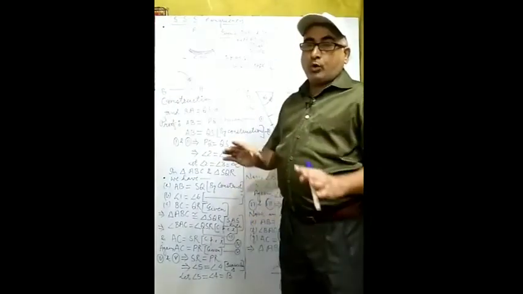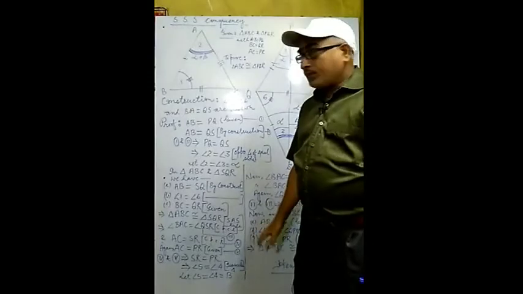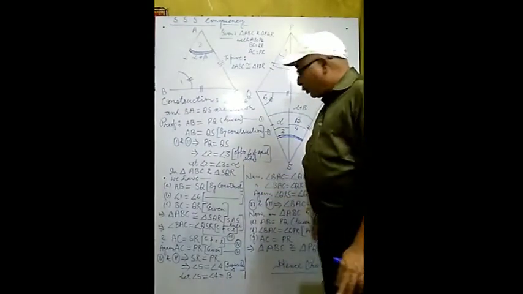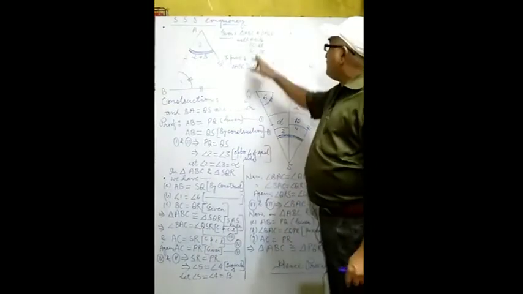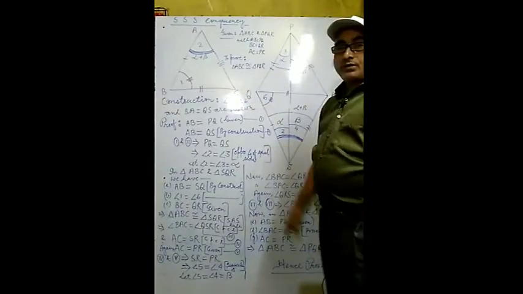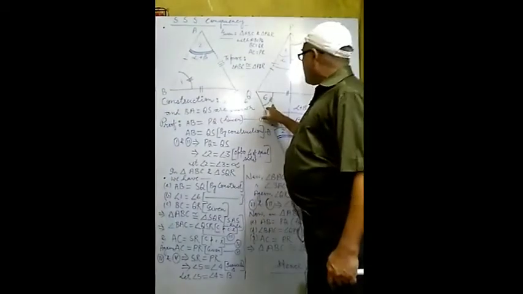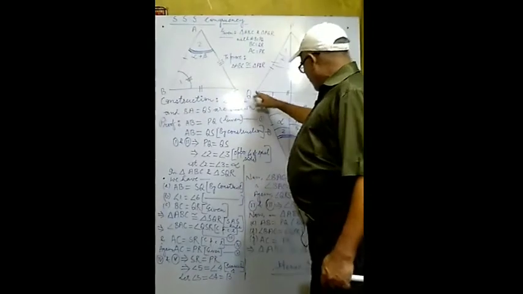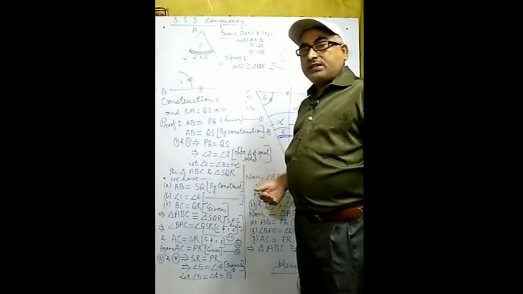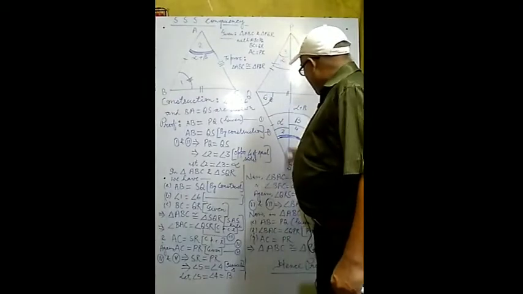I hope you will be able to follow this one. The process is lengthy, and whatever is explained, the same thing is written here. You will note down what is given and what is to be proved: both the triangles are congruent. This is the part of construction: angle this one equal to this one, and BA equal to QS. These are the part of construction. Then R2S and P2S are joined here.